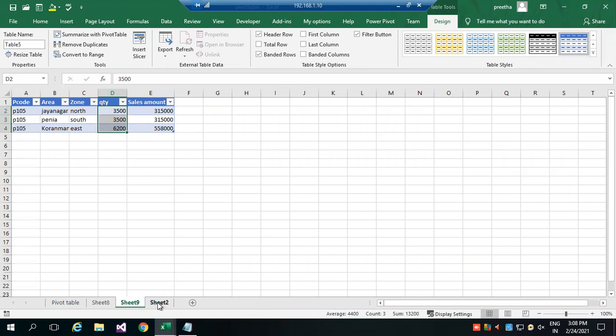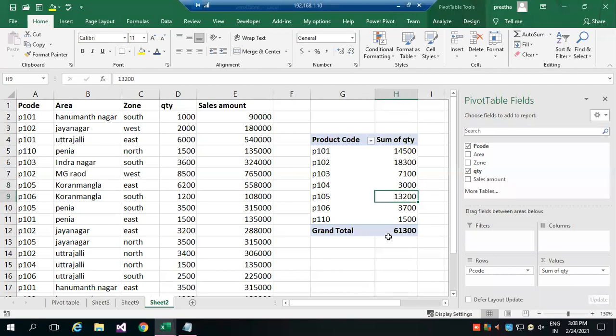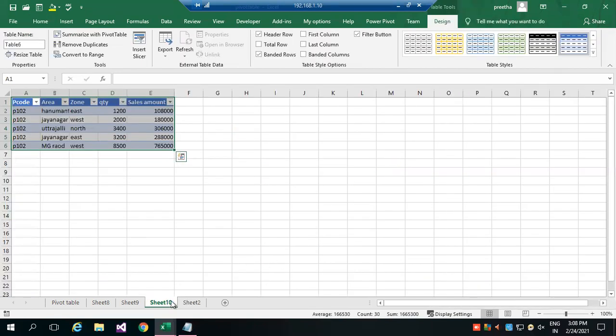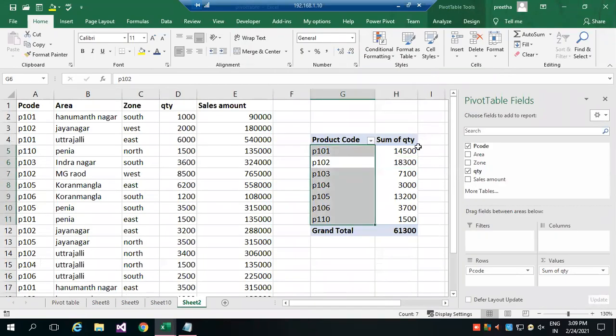Once I wanted to know only for P102, double click on that. It's adding another sheet where it's showing only the selected product code and the quantity. So it's a simplified way to filter and get the data for a particular product. So this is the real use of a pivot table.